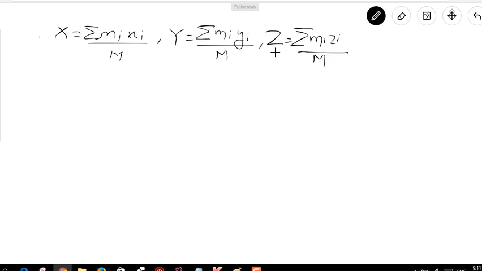Similarly for y or z. If we combine these three equations into one equation and represent it in the form of position vectors, let's see how we can. Let's assume that ri is the position vector of the ith particle. Here we are talking about the x coordinate of the ith particle, here we are talking about the y coordinate of the ith particle, but here we will represent this in the form of a position vector. So let ri be the position vector of the ith particle, then we can write it as